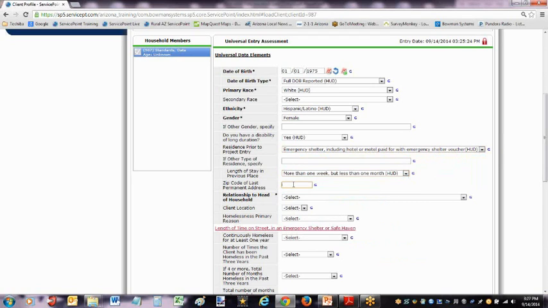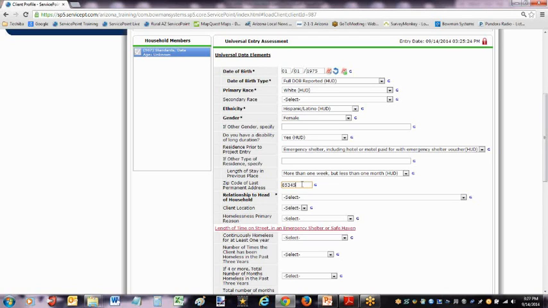Zip code of last permanent address. So like I mentioned before, this is one of those data elements that our community voted to keep. And so you would put their last permanent address here. Permanent address means with 90 days or more. It is best practice to get their actual zip code, but if for some reason you cannot get it from them or they do not remember it, you are welcome to use any zip code from the area they are coming from. For instance,